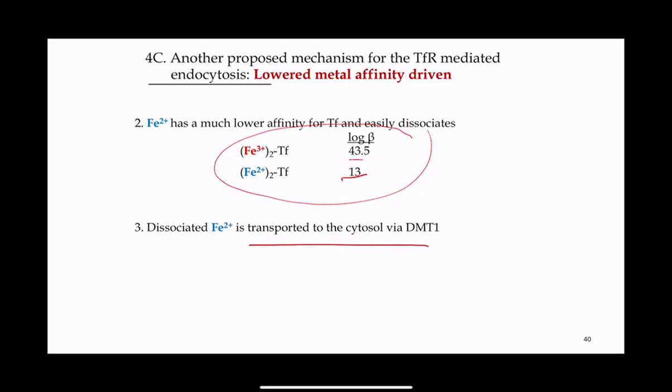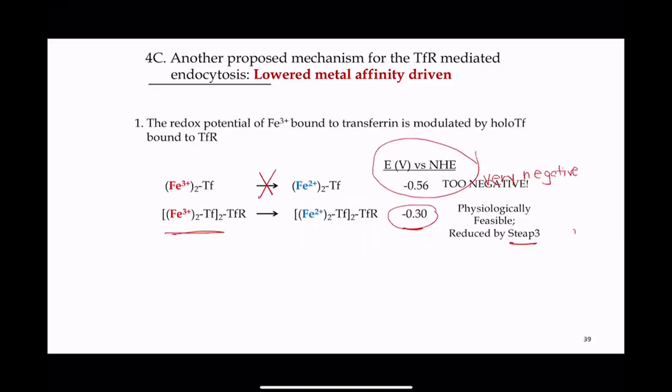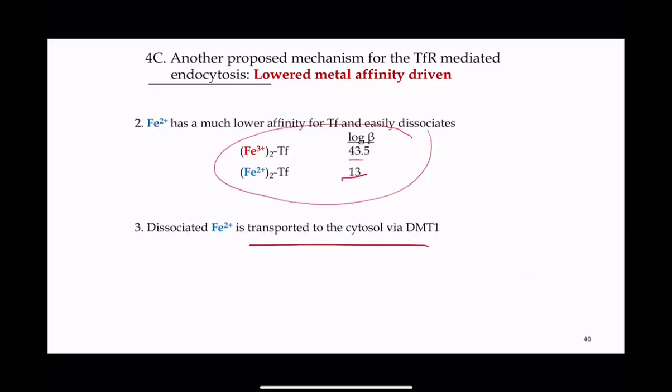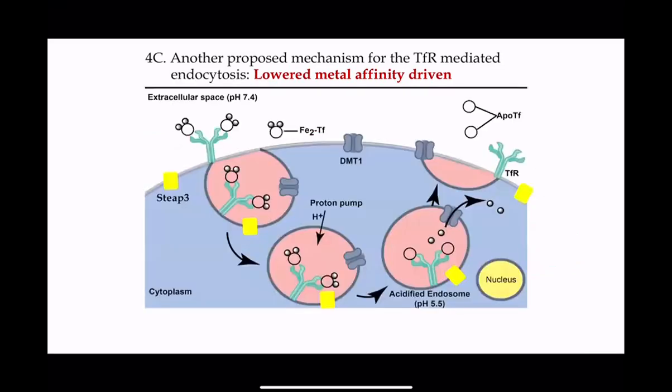So people challenge this model. They challenge this model because the question is, how exactly can STEAP3, which is a membrane protein, come into enough contact with the iron center to facilitate the reduction of the iron from iron 3 to 2? So that's one of the things not in favor of this particular model, but something that seems interesting in terms of the possibility. So just to review this model,